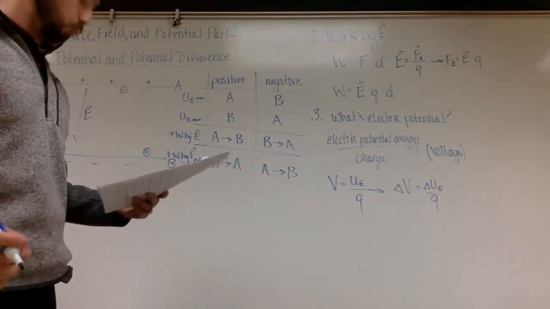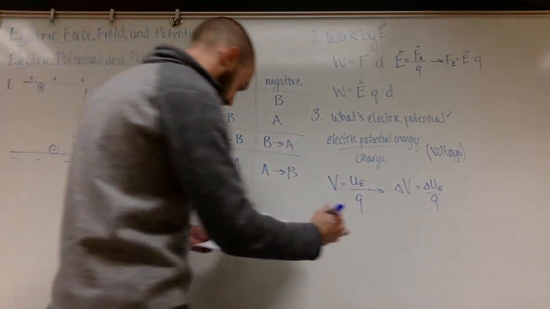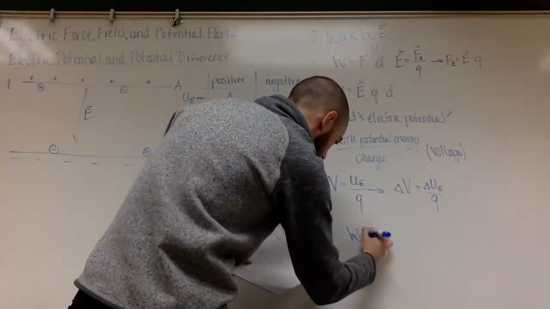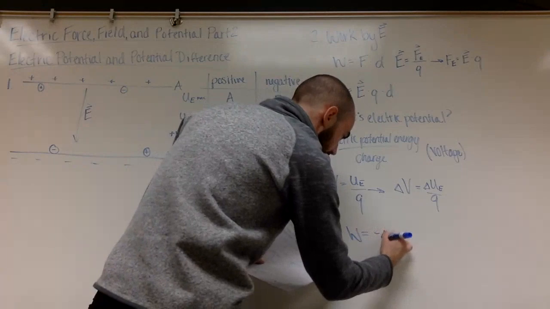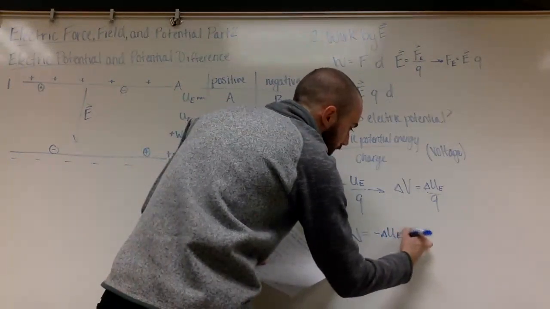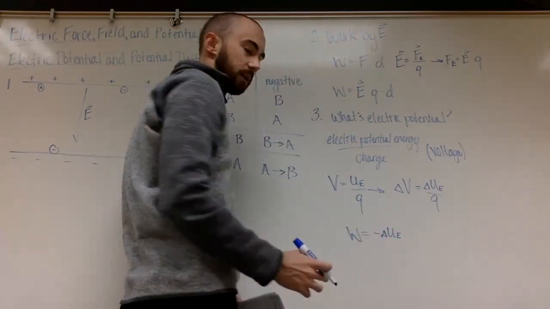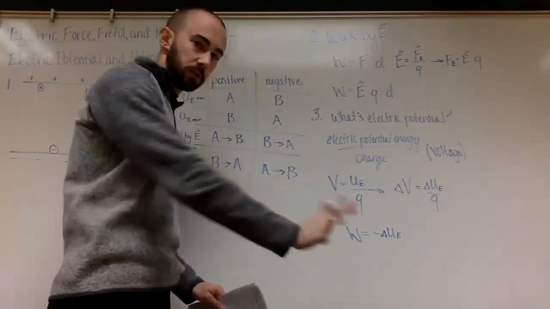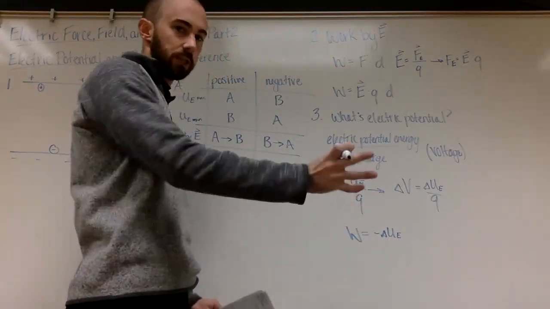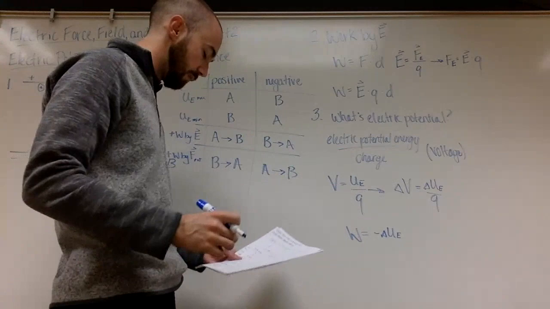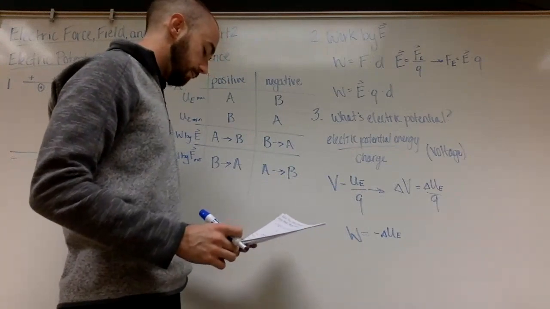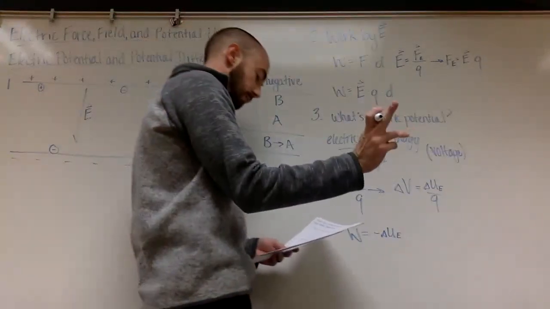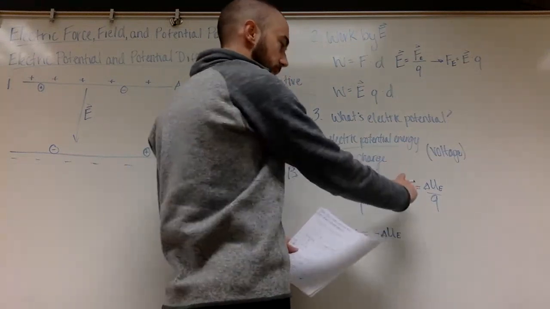So when we plug it in with work, what we're going to get is work is just equal to your negative change in electric potential energy. Remember, the amount of work done by the electric field is going to be equal to how much the electric field has moved it, how much energy it's used in moving it. So it should just be the negative amount of that. Before I move on to that, we can also write this